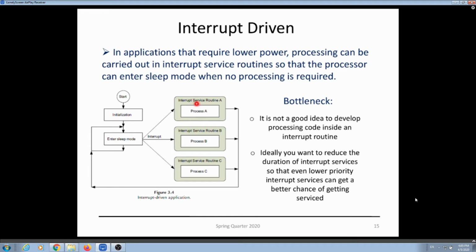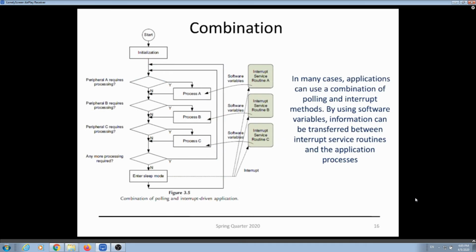If I'm here doing stuff, I'm not able to attend other interrupt routines. So if it's small code, you can probably get away with it and it's fine. But if you're doing a lot of code inside of these processes, that's not a good idea. So a balance between polling and interrupt routines is probably what you will use the most in a lot